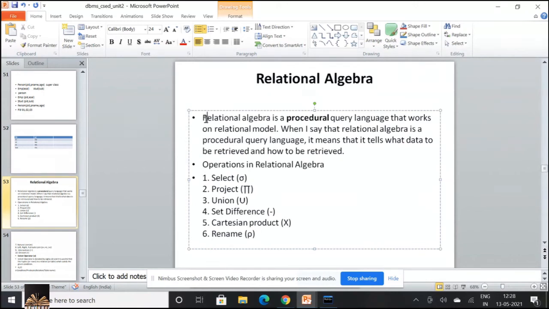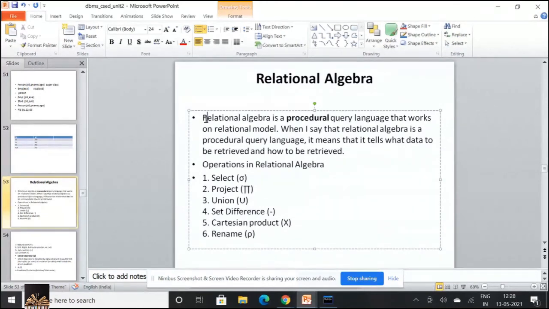So I'm specifying what is to be retrieved and how it is to be retrieved. That is the reason it is called a procedural query language. And now the different operations that are used in relational algebra.